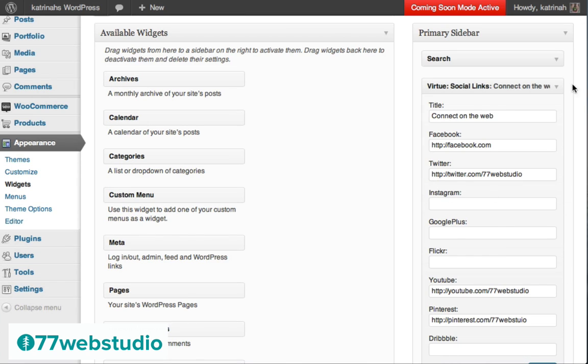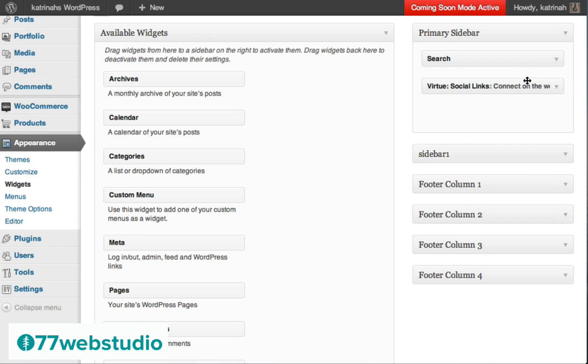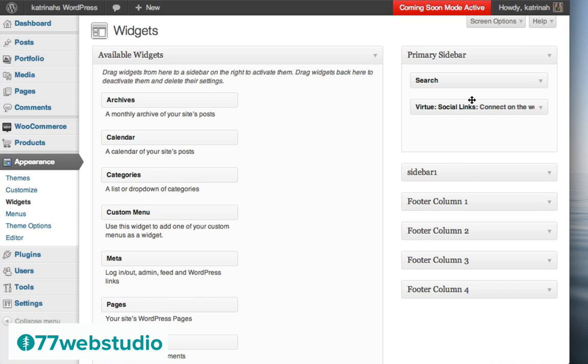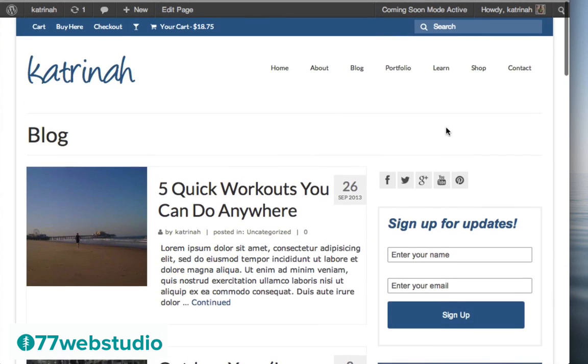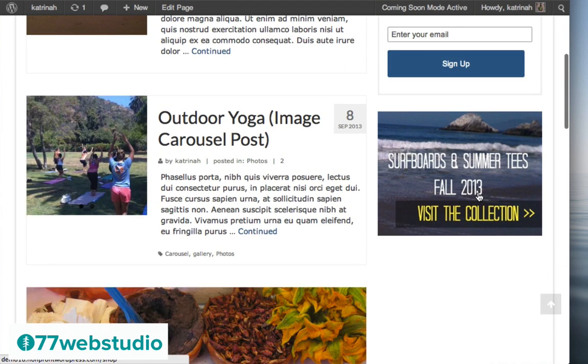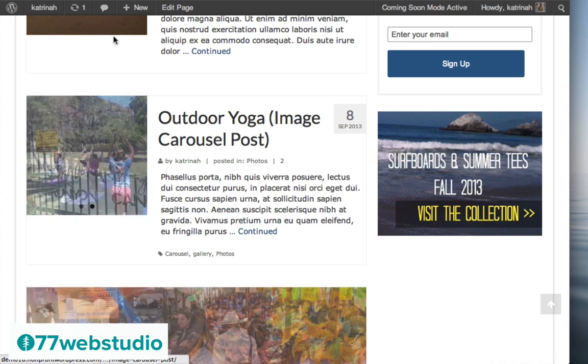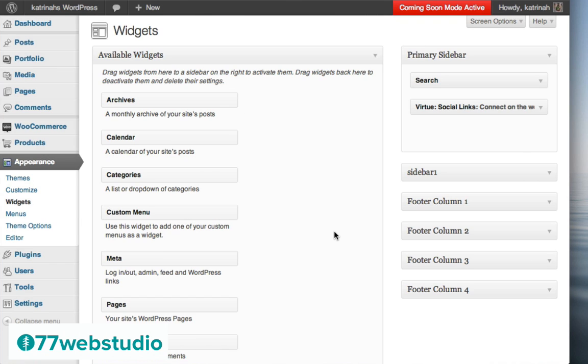Then to close this, you can just click on this caret right here to close this box. So the next thing I want to add to my sidebar right here is an image with a call to action that goes to my e-commerce shop page. So for example, what we're headed toward, this is the completed demo site, and here in the sidebar on the blog archive page, I want to add an image which when you click on it, it will go to the shop page.